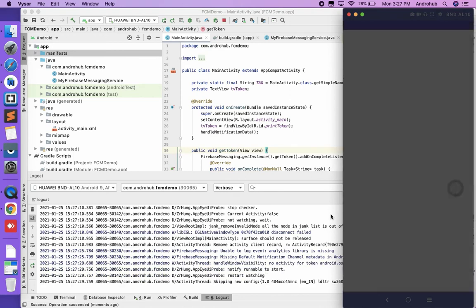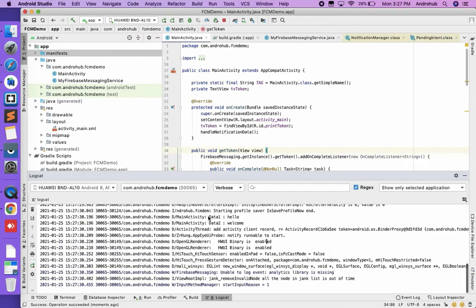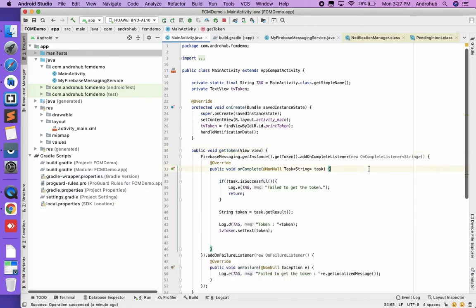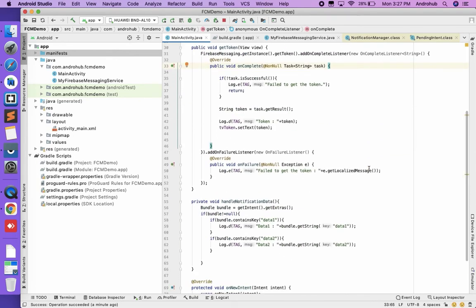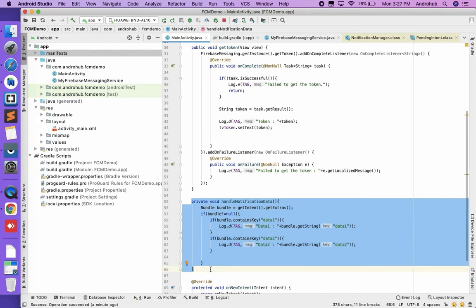Now I'm going to click on it. Now if you see, I have received data1 and data2, hello, welcome, both the data I'm getting over here. So here the data which you're going to get is the launching activity. So right now my main activity is my launching activity. So if you have a splash activity, then this intent data you'll be getting in that particular activity.